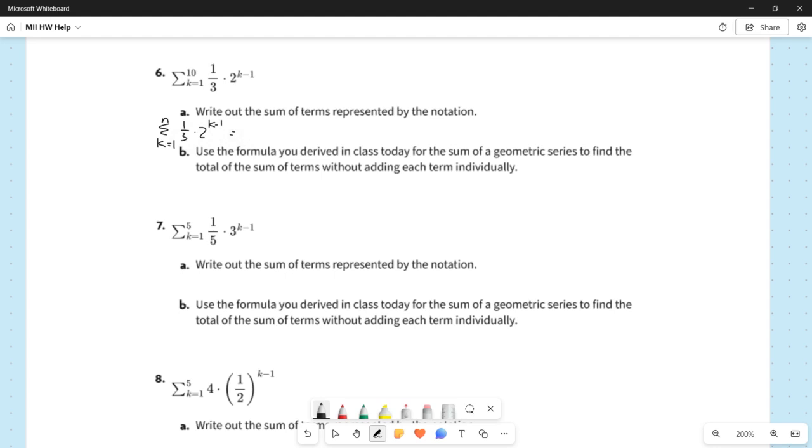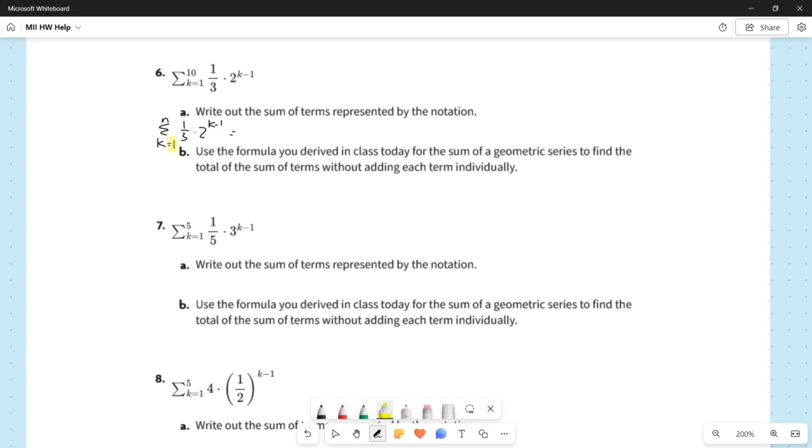The way that sigma notation works is you essentially start with the value right there. In this case, it says k equals 1. That means we're going to start with a k value of 1. So when I take my expression, which is 1/3 times 2 to the k minus 1,